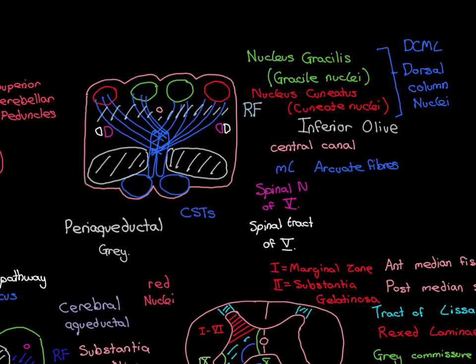Welcome back to this next video in which we are studying headaches. In the previous video we discussed the anatomy of the trigeminal sensory nuclei, and in this video what we're going to move on to discussing is how sensory information that is coming in from the facial region of the head is going to be conveyed up to the primary somatosensory cortexes on either side of the brain from